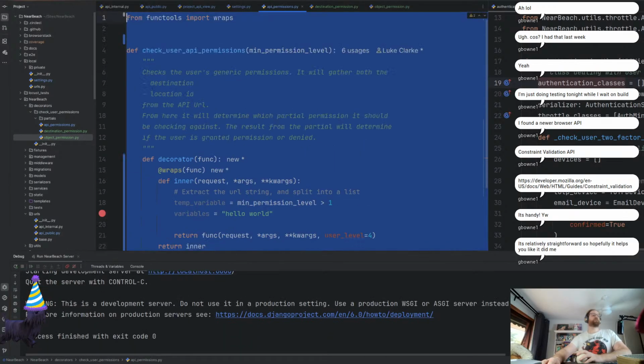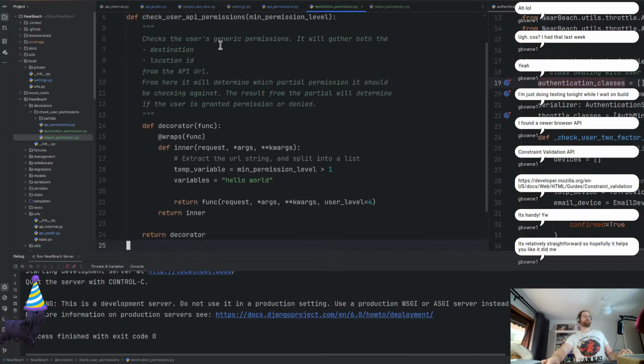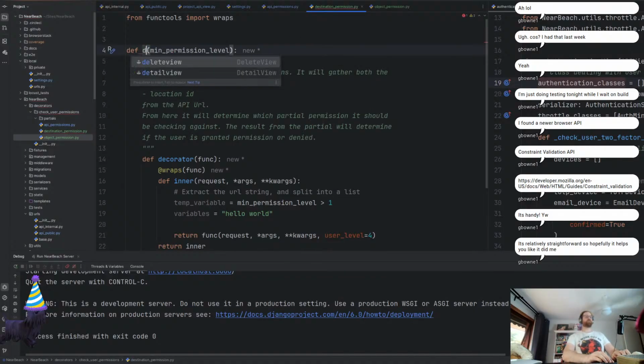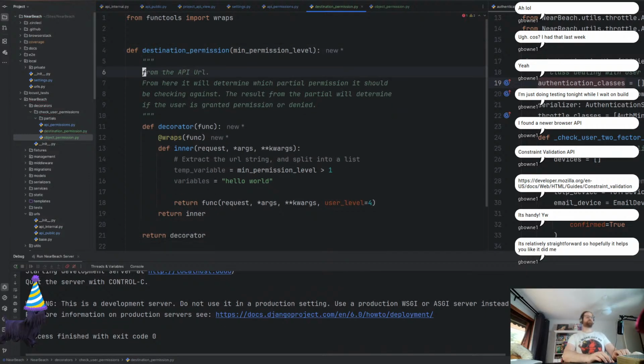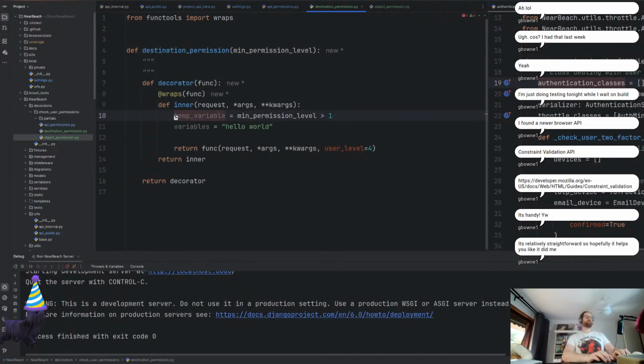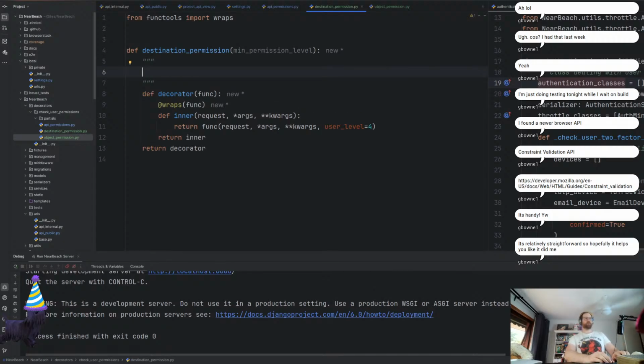Before I get too far, what I'm going to do, I'm just going to copy this. I'm going to paste it here. We're just going to go destination permission. And we're just going to write out what we think it's going to do. This is the minimum functionality that this does. This really doesn't do much. What we want to do is